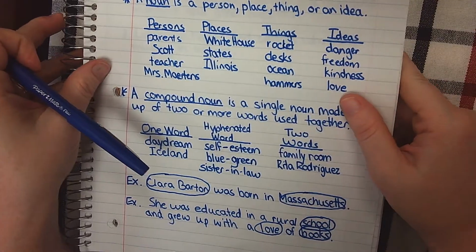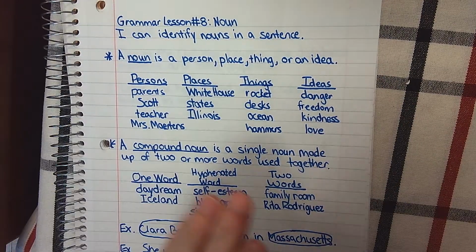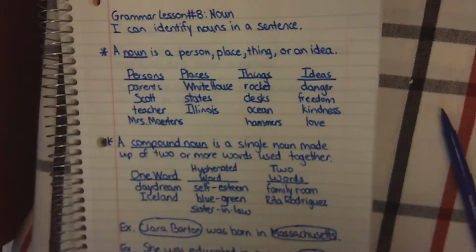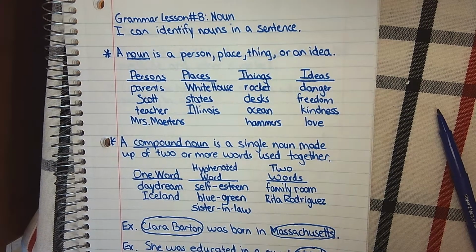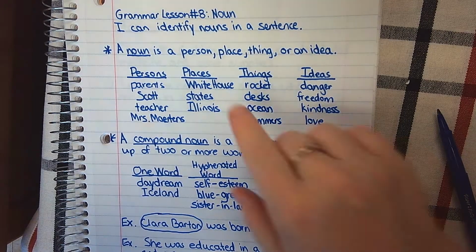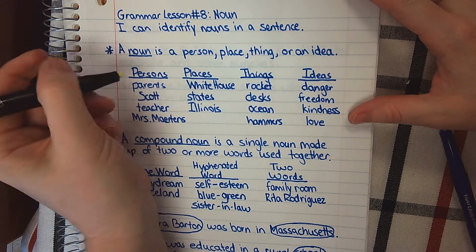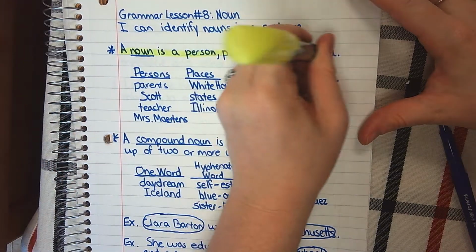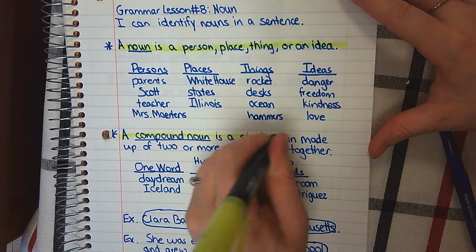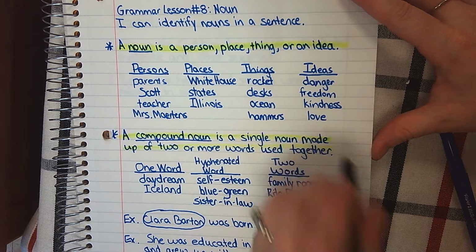Okay, I'd like you to take your highlighter and let's go over a couple of the key points that we had in this lesson. Remember, as I said to some of you, if you don't have a highlighter, think of something else. Can you use your pen and maybe put a box around it? Can you underline it? What can you do if you don't have a highlighter? All right, but I prefer a highlighter or a light-colored marker. So for I can identify nouns in a sentence, we need to recognize that a noun is a person, place, thing, or idea. I also want you to be able to recognize compound nouns, which is a single noun made up of two or more words together. Those are your big ideas.